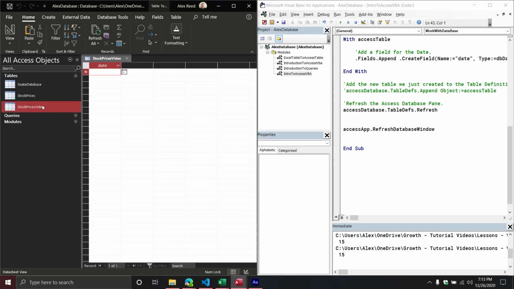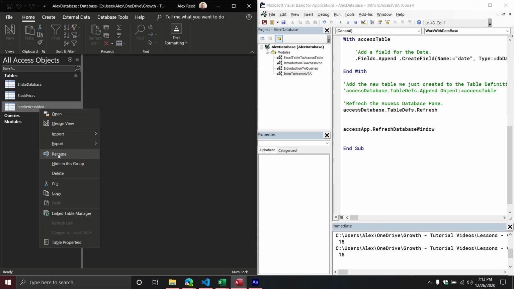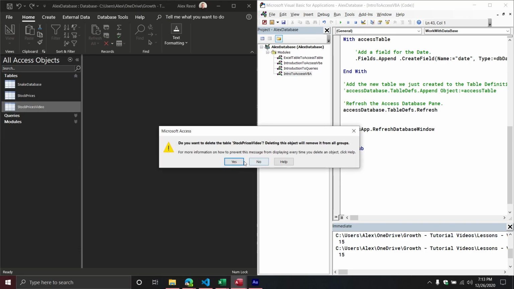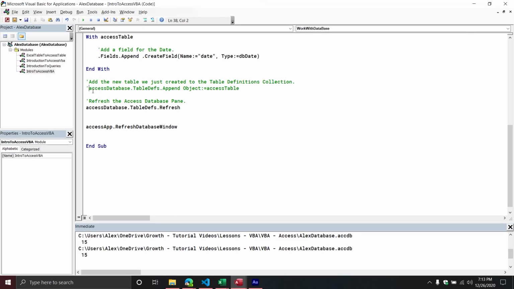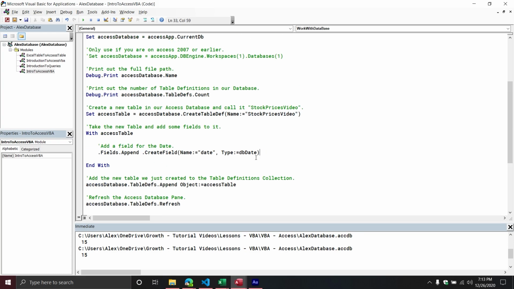I love delivering bad news like that, but you can tell it kind of sucks sometimes. And you can see here, it still has our field definition. So that's great. It means it did exactly what we wanted. So I'm going to add a couple more fields, but the first thing I want to do is make sure I delete it first, because if I try to add it and it's already there, you've got a problem, right? So we'll just create a couple more fields,